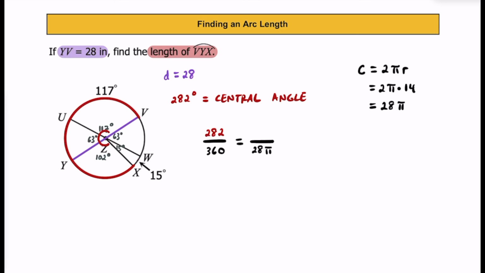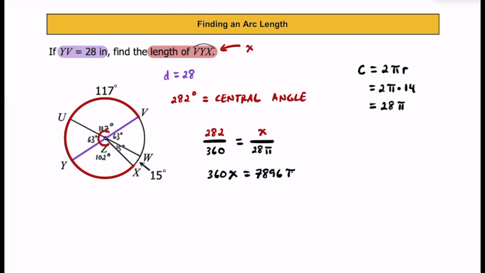So the arc length, let's just call that x for now to represent this. So I'm going to put an x up here as well. Okay, so let's use cross products and multiply 360 by x and then 282 by this 28 pi. And so if we multiply those cross products here, we're going to get 360x is going to be equal to